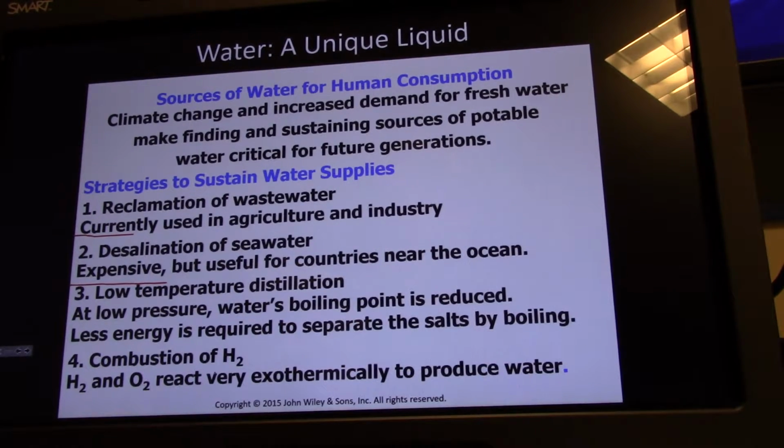The combustion of hydrogen is something we look at as we turn to more and more renewable fuel sources. A big question is, how do you make solar power work all the time, all year long? Because sometimes the sun's not shining. So when the sun is shining, you have to be able to store energy that you can use when the sun's not shining. And a big push in that technology is hydrogen gas.